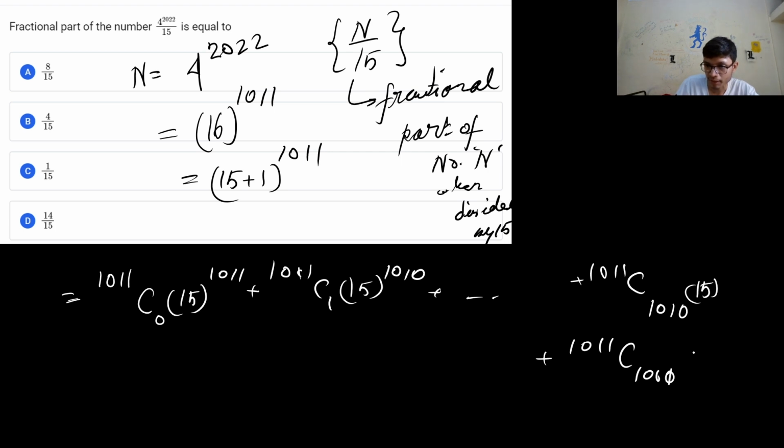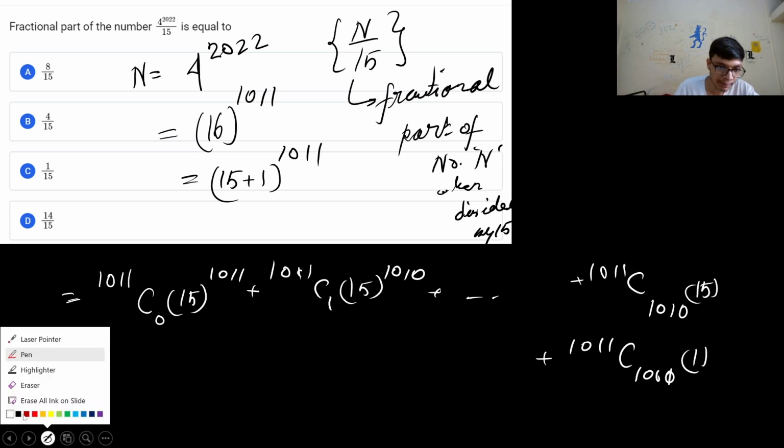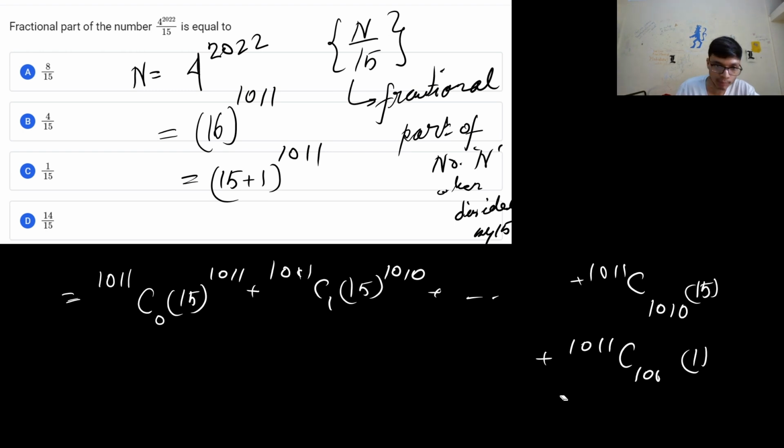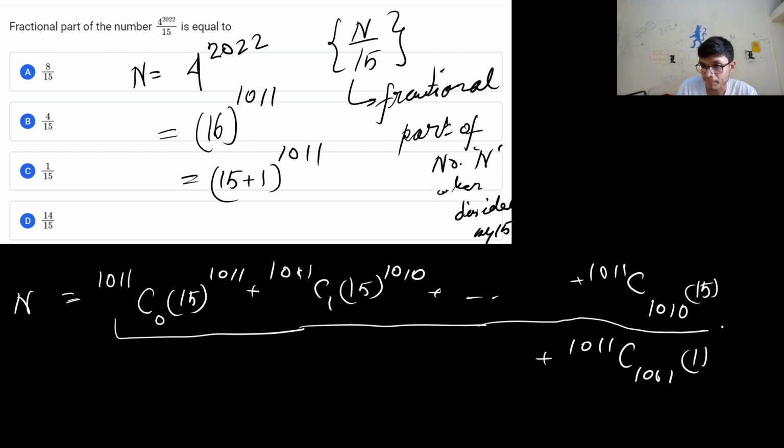1011 C 1011 इंटू 1, ठीक है। तो यहाँ पे मैं एक इंपॉर्टेंट सी चीज, अगर मैं बाइनोमियल एक्सपेंड करूँ इस पर्टिकुलर नंबर n को, तो मुझे कुछ ऐसा टर्म मिलेगा। Now what a very important catch is in this particular question: since this expansion has the power 1011, that means it will have 1012 terms। तो मैं अगर बोलूँ कि what is the 1011